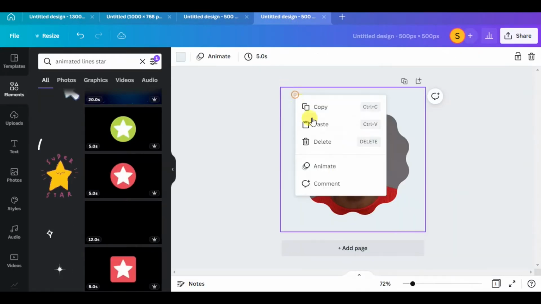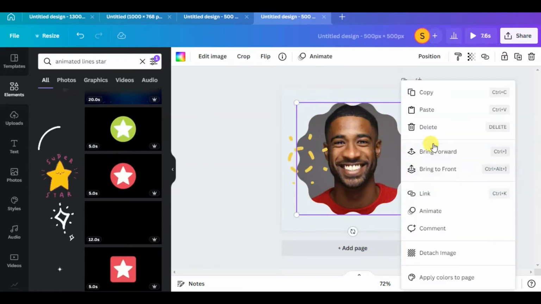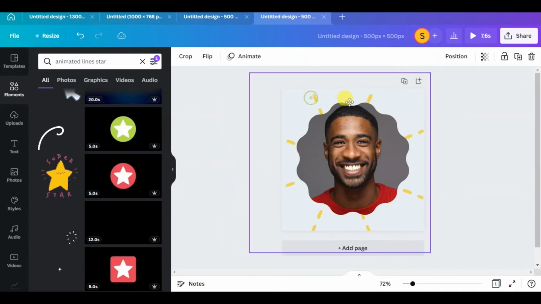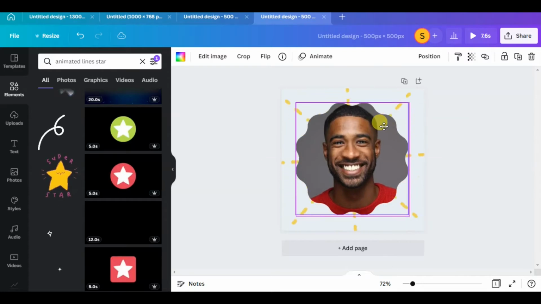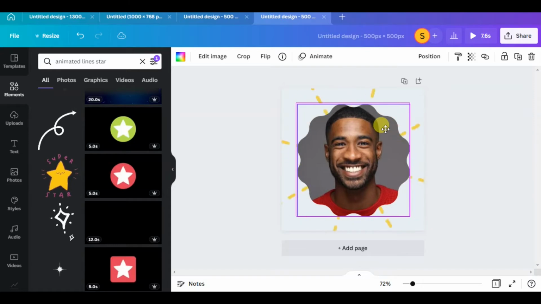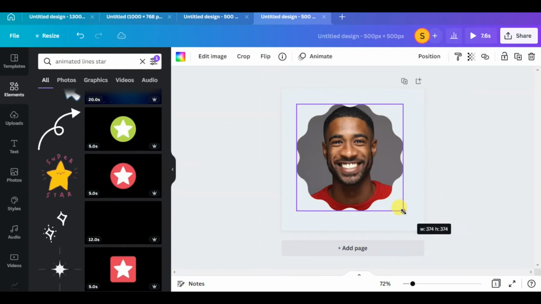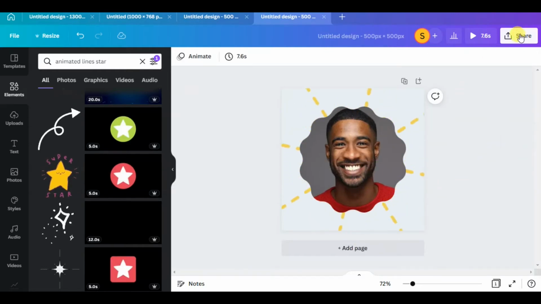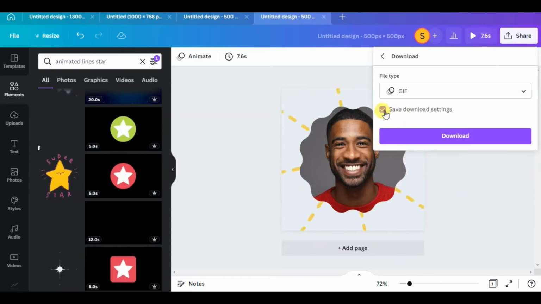So I'm just going to paste the one from the other page and paste it here. I'm going to bring this to the front, and take this one to the back. Yeah, this is what I actually created the other time, and that's pretty much it. Take this down a bit, and then I go to share, download.